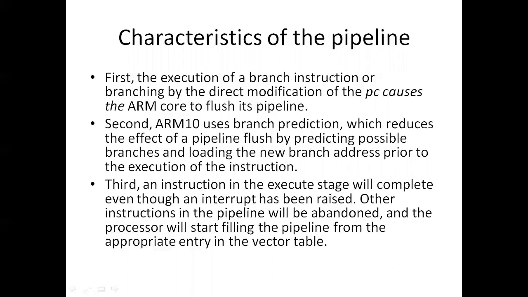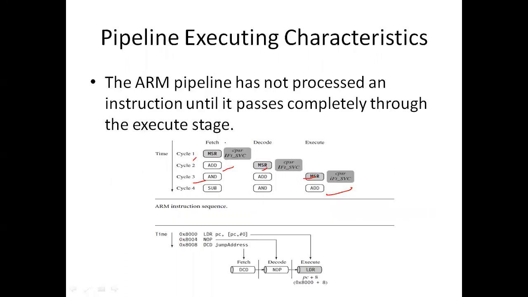You can already see this in the pipeline stages. Suppose, in this case, the AND instruction were instead some branch instruction like B. Here we use an instruction called B, which is called a branch instruction, similar to a jump instruction. Assume there is a branch instruction here; it will be executed during the 5th clock cycle of the system.